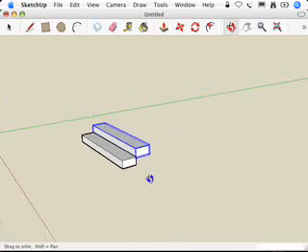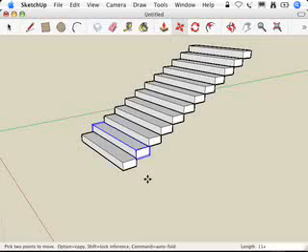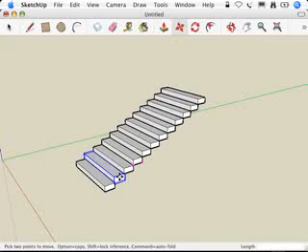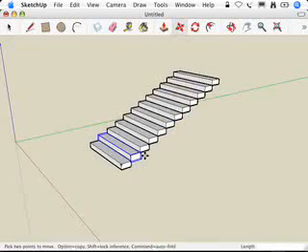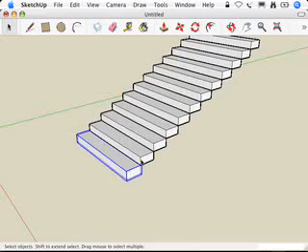And just like in the copied profiles method for SketchUp, I'm going to type in how many additional treads I want. Now, in this case, it doesn't really matter. I'm just going to type in 11 and X. And what it did there for me is made 10 more, so I've got a total of 12 now. 1, 2, 3, 4, 5, 6, 7, 8, 9, 10, 11, 12. There we go. So I've got 12 treads, and the idea is that each tread is an instance of the